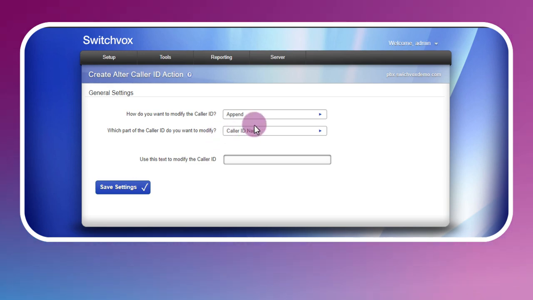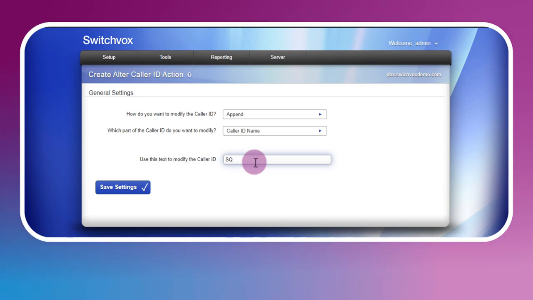So we'll go ahead and use append so that information is after the customer caller ID, and we're going to change the caller ID name, and it's going to read SQ so that it can all fit on the phone, for example.